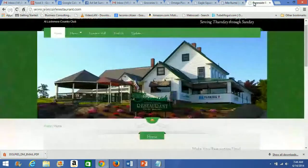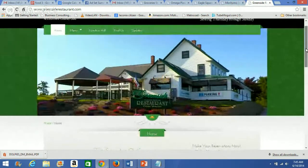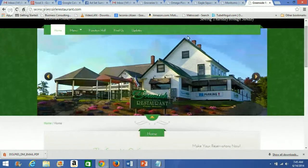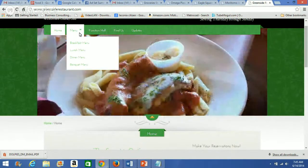Then you have a restaurant that's attached to a country club, or a golf course, and they have their function hall, the menu sorted properly. Breakfast, lunch, dinner, and some good images. And again, you can get a lot more elaborate than this, but these are all very basic, simple sites. Most of the time, we're taking these food establishments who didn't have really any web presence at all